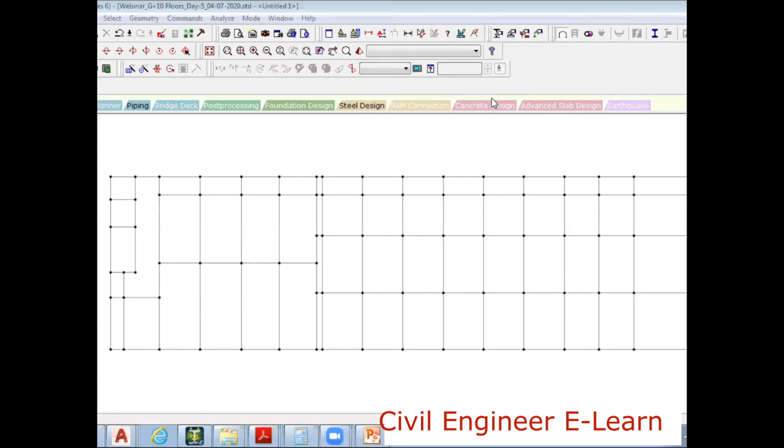Shailesh Gupta is saying, since we are adding pinned support at the retaining wall, at the time of retaining wall design, do we have to design the retaining wall as a proper cantilever? Very technically speaking, no, because that is only the point. At certain points only there is a continuation of a beam, but at the remaining places a slab is connected with the retaining wall, whose thickness will be hardly 150 mm or 200 mm. So that won't be sufficient to make this retaining wall a proper cantilever.